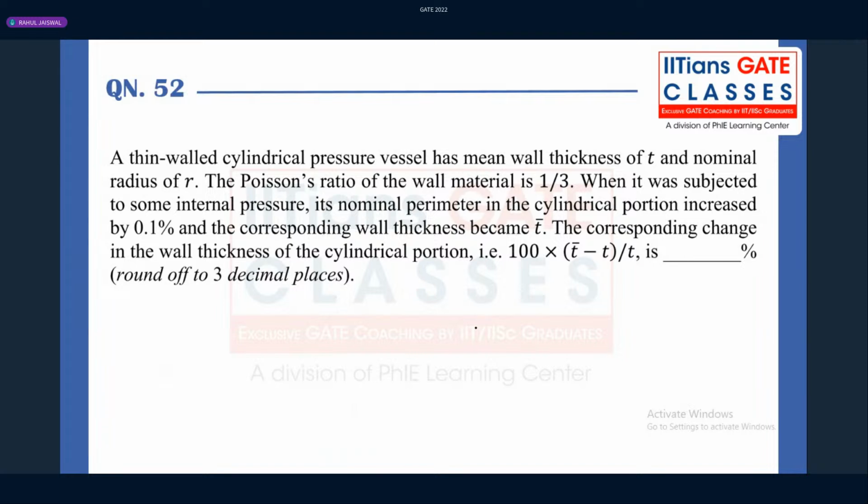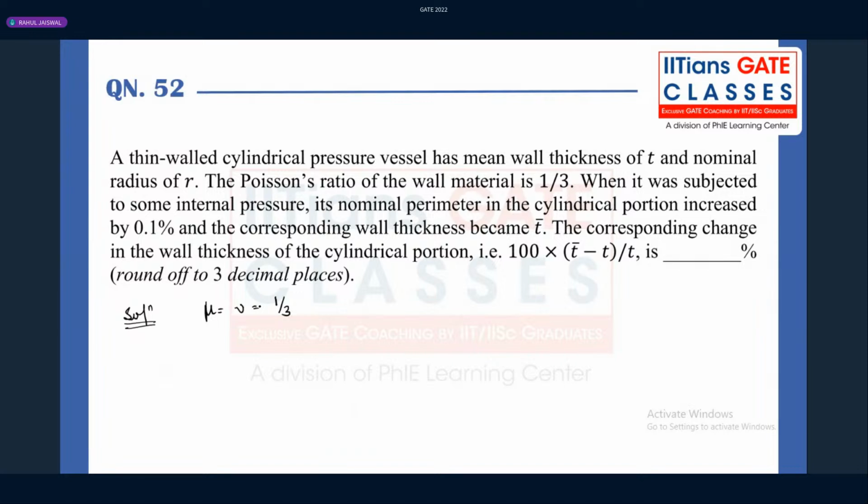I think this is the last problem. Again, this question is from the strength of material. So try to look into this particular question. A thin-walled cylindrical pressure vessel has a mean wall thickness of T and the nominal radius R. The Poisson ratio, so first of all, note down the data. The Poisson ratio is 1 upon 3. When it was subjected to some internal pressure, its nominal